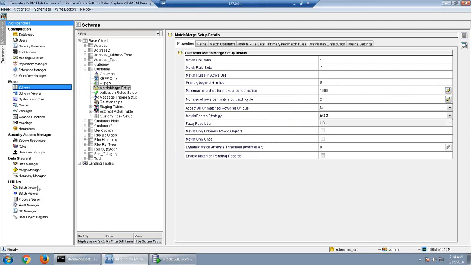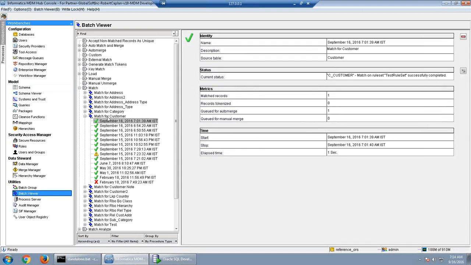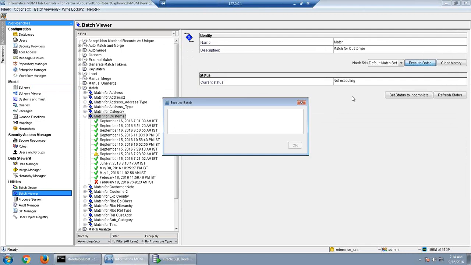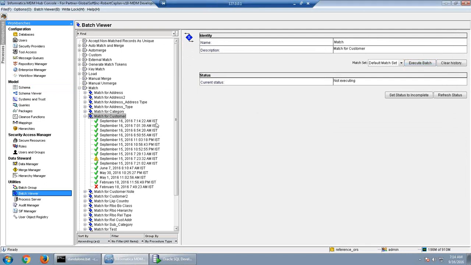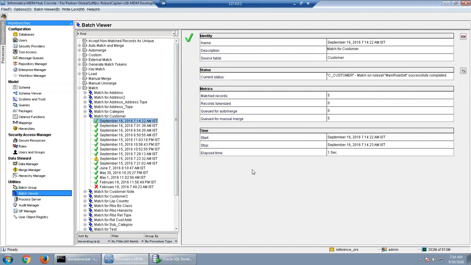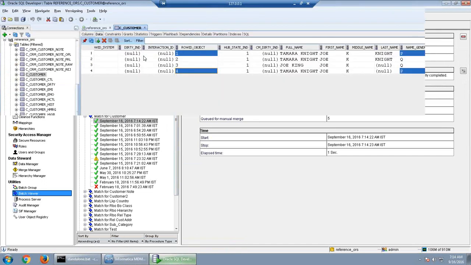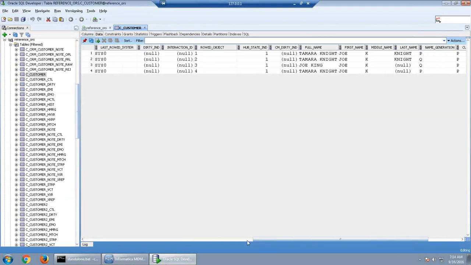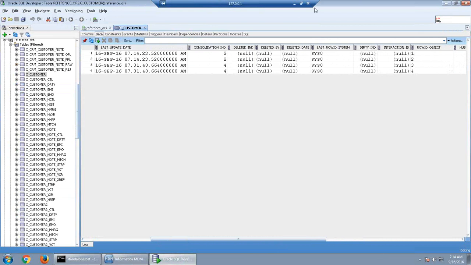Okay, so now I will go and run the match job again. So see the consolidation indicator value.